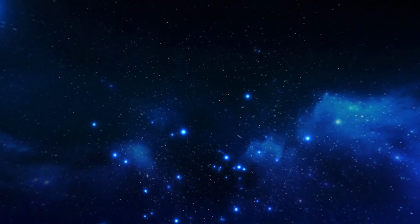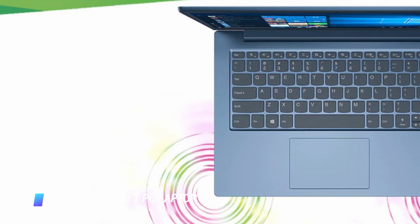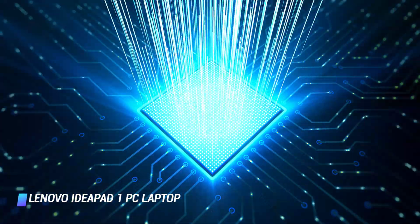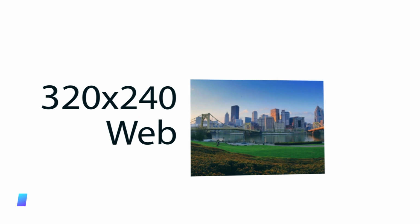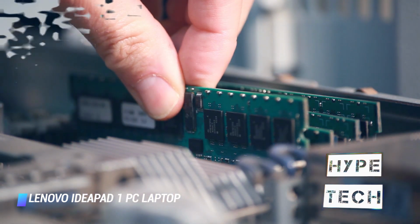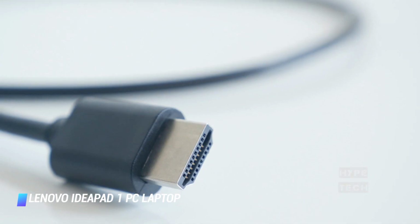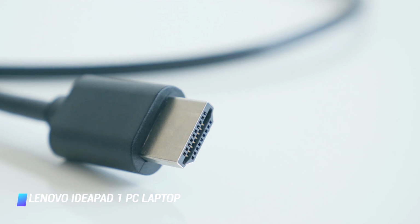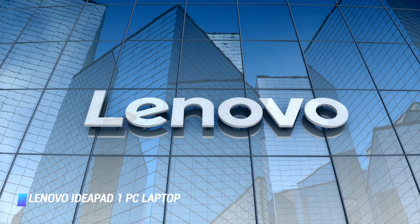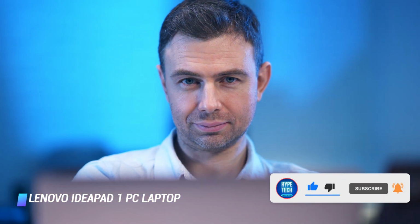Coming in at number 5, Lenovo Ideapad 1 PC laptop. Specs: CPU, Intel Celeron N4020 processor, dual-core. Display: 14-inch HD screen. Memory: 4GB of RAM, 64GB of eMMC storage. Connectivity: 2 full USB ports, HDMI, microSD card reader. Battery life: 8 hours. The Lenovo Ideapad 1 is the best PC laptop for buyers who are on a really